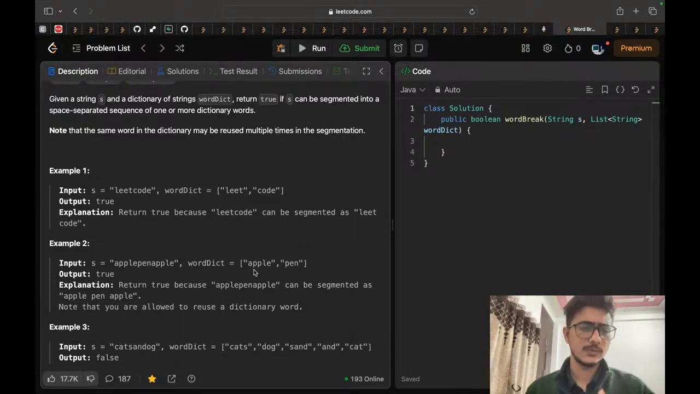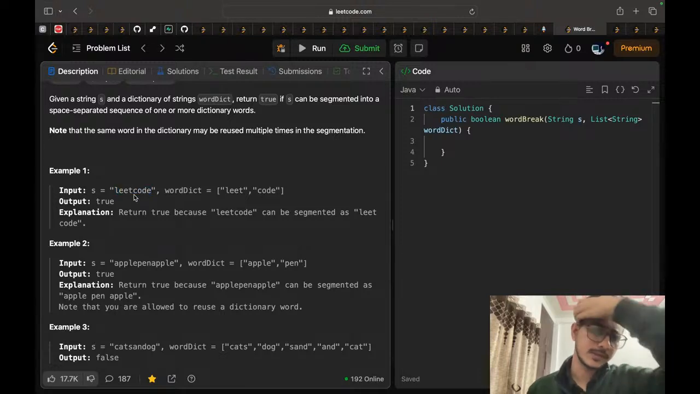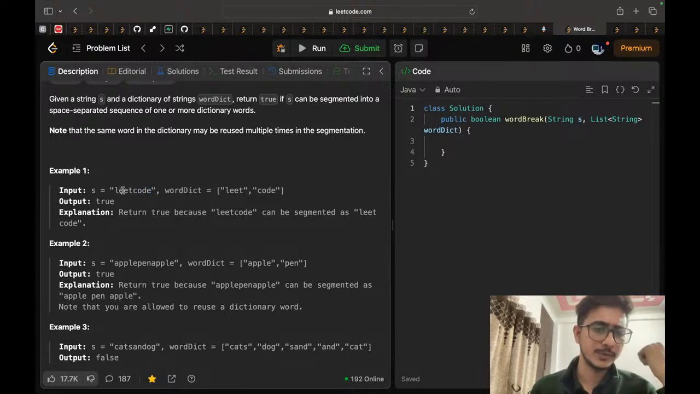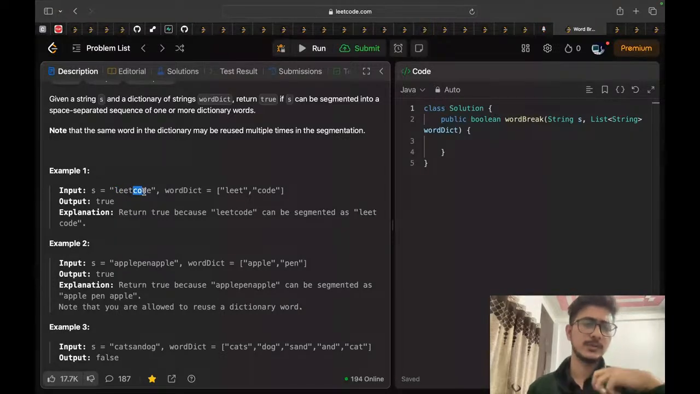Okay. So we can dynamically split the string from every position, and not every position, only the positions which make a word. We can't split this string from here because L is not present in the dictionary. We can split it from here because LEET is present in the dictionary, and we can further look for the